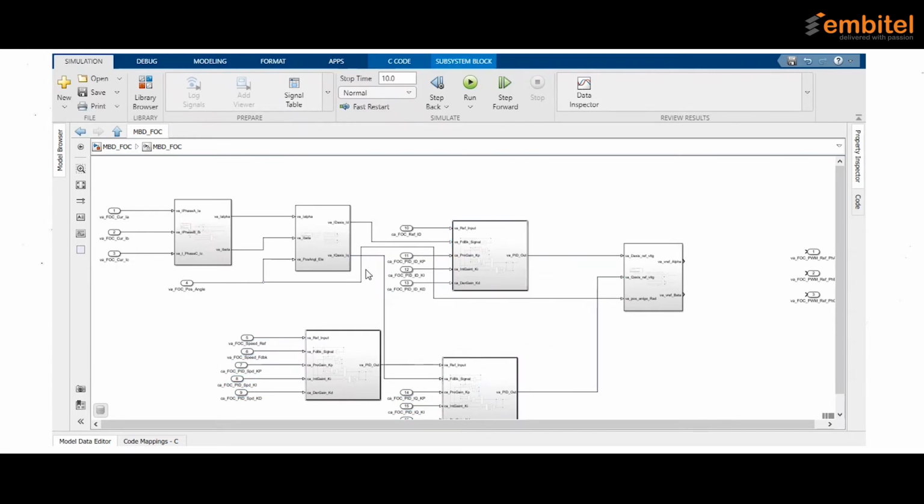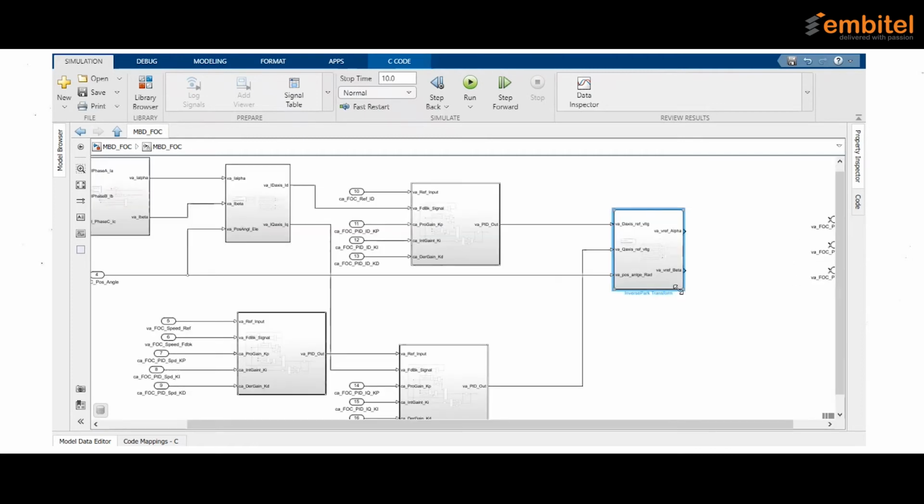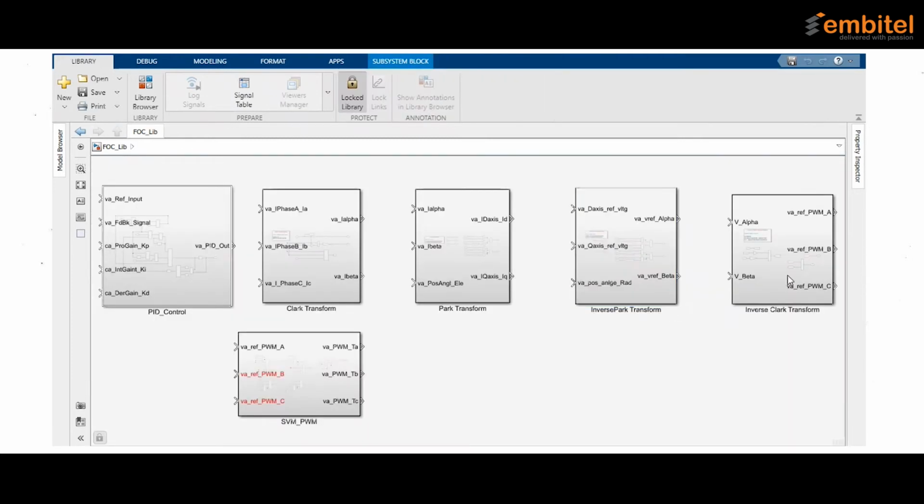All this implementation we can arrange according to our need. So we have implemented the inverse Park transform.